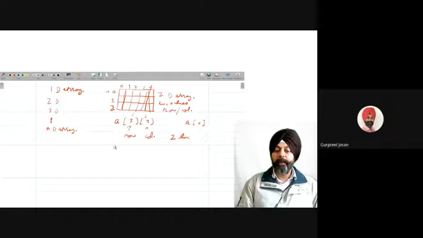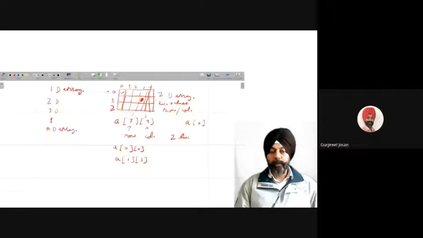By writing both values. A[0][0] means row 0, column 0. We are talking about this cell. A[1][3] means first row and third column. We are talking about this value.